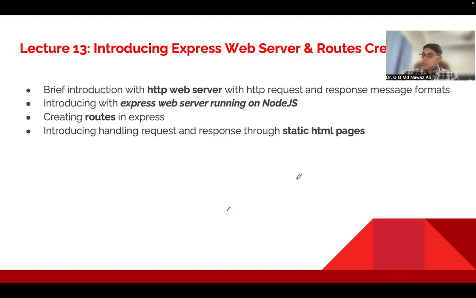So today we'll see the backend development. We'll start to create our Express web server. But before that, we also want to see the HTTP web server, since Express works on top of the HTTP web server. So we'll see